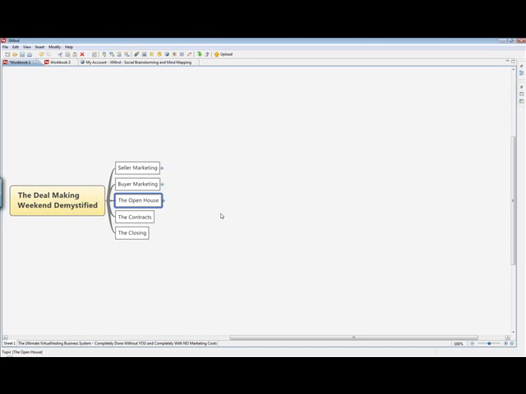So based on the event that we did this other weekend, the seller marketing happened on Friday. The buyer marketing happened on Saturday, all right? Actually, the buyer marketing started to happen on Friday evening, and then the open house happened on Saturday and also on Sunday.